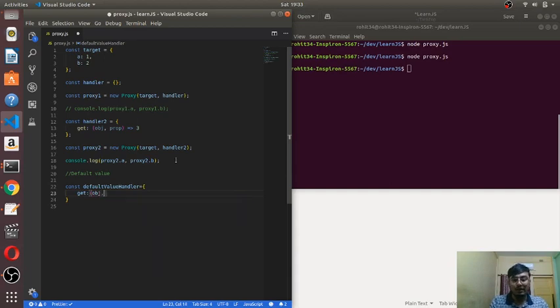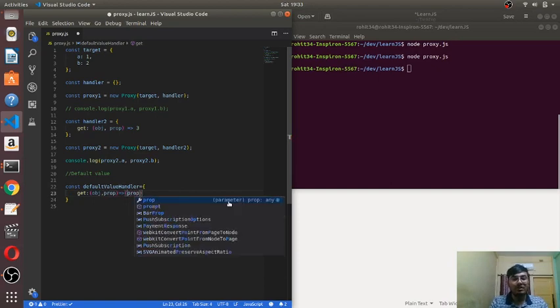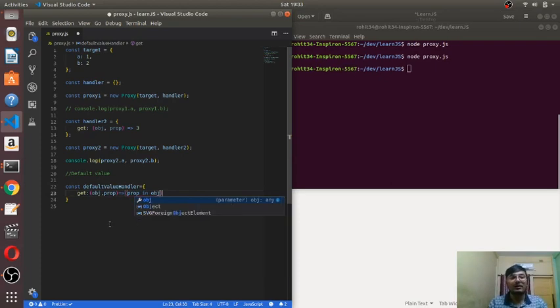If I do get object prop and I do this. So first of all, this object and the prop is here. I have defined, let me define the function, if prop in object. So in this, what this handler takes as, you might have thought, what is this object and prop?